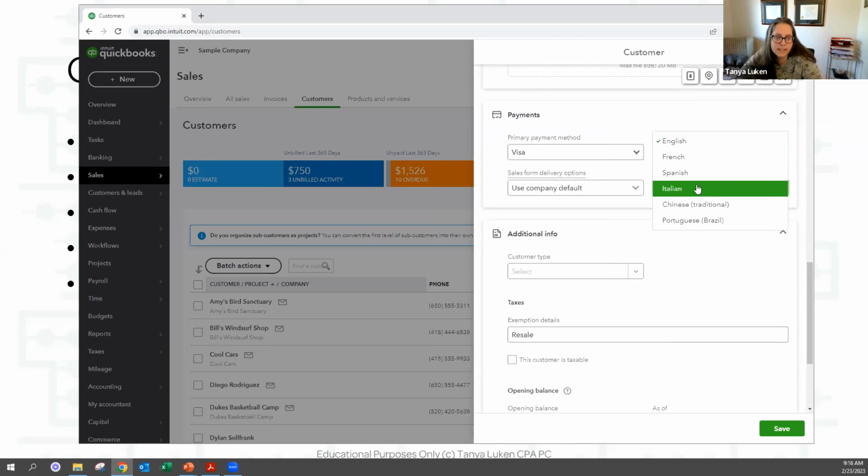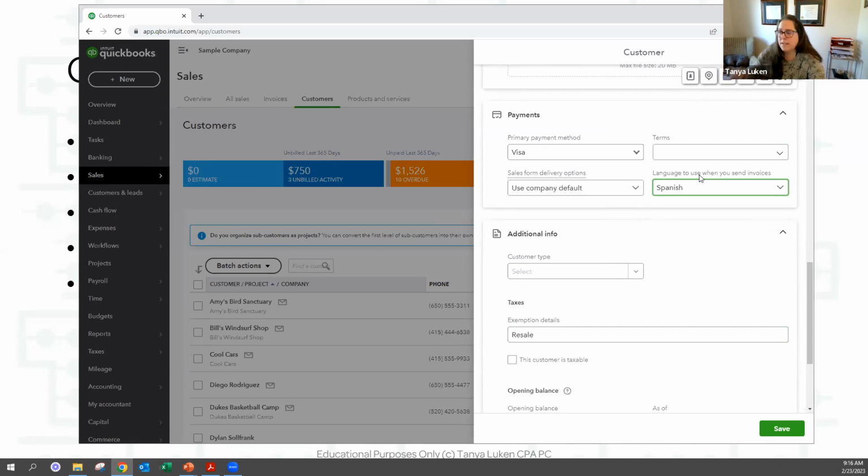So if you need to send invoices in Spanish, for example, you can do that. I'm not sure how good it is, I haven't had a need to use it yet. And I've actually set a goal to try to become fluent in Spanish, so I try to practice my Spanish a lot. Usually if I need to translate something into Spanish, I just do it with my, like, 4th grade knowledge level.